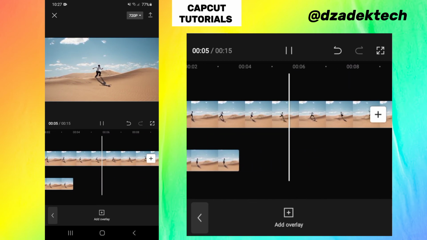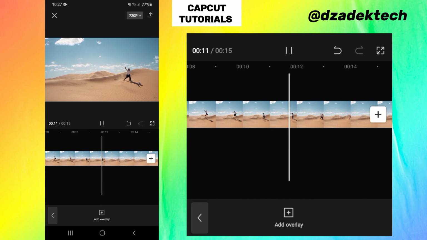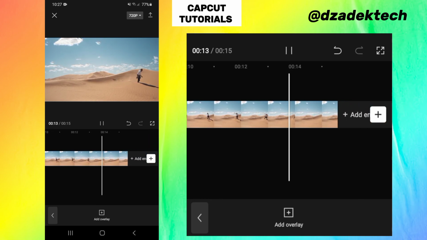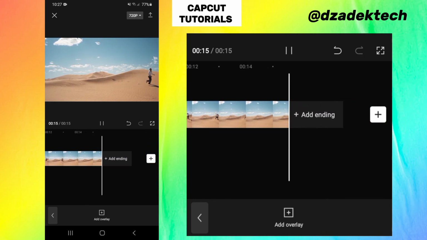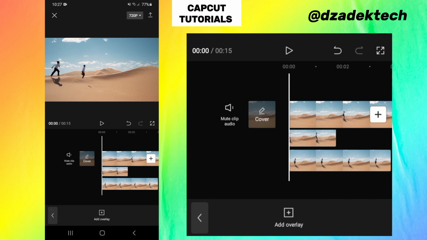So keep repeating this until you've got the accurate video you want, or keep repeating this until you are able to freeze all the frames or the actions you want. So this is how to create this freeze frame edit on